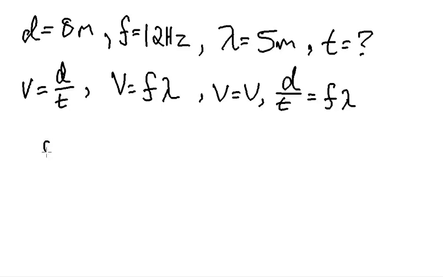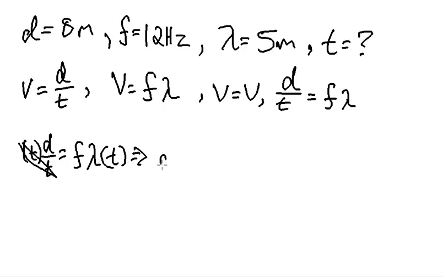So let me write this down here. The algebra gets a little tricky when you're solving for the value of a variable that's in the denominator of a fraction. The first thing that you're going to want to do is get it out of there. So since it's being divided into the distance, we multiply by t on both sides. It just moves it over to the other side. Cancels that out. We end up finding that the distance is equal to the product of the frequency, the wavelength,